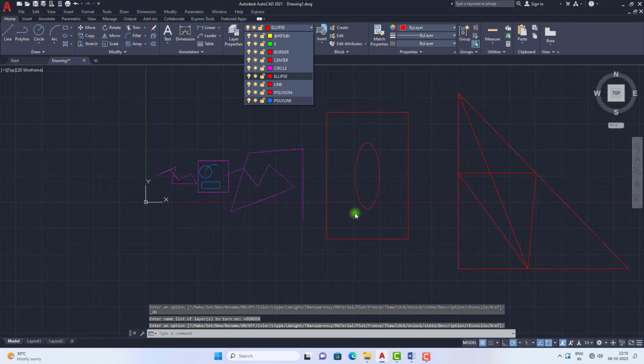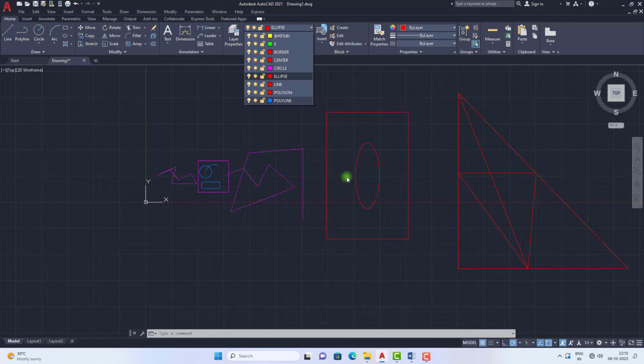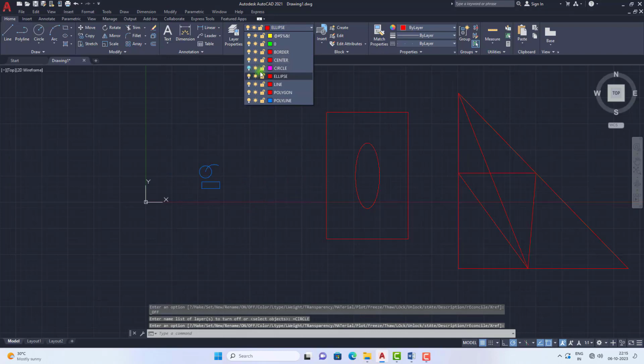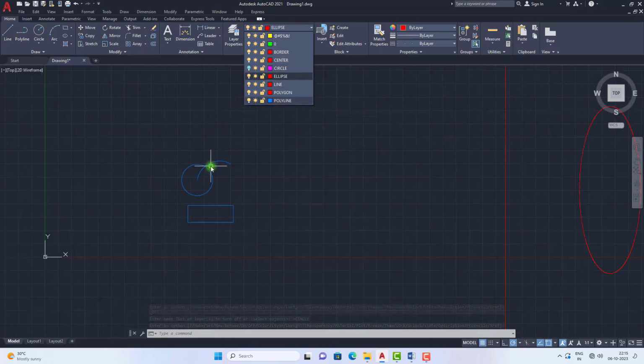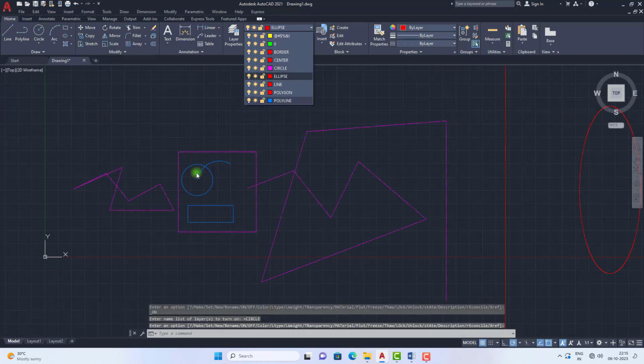So if you want to hide or show this particular layer in the drawings, we need to use this first option, on or off the layer. So if you click on this circle, I am clicking on this. See, the objects belonging to this circle layer will be in hidden mode. See, there are no objects here. So if you click here, then those objects will appear. See, these pink color objects are hiding. I am again clicking here. See, those objects are hiding. And I am clicking again here. So those will appear.